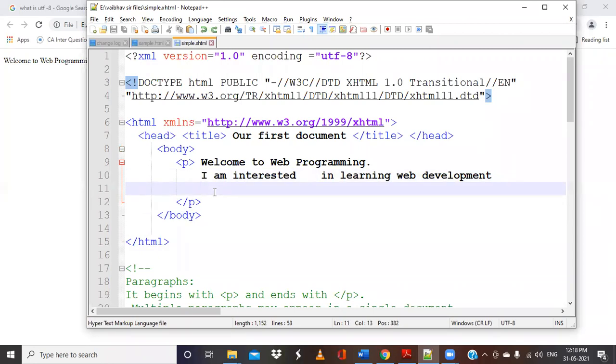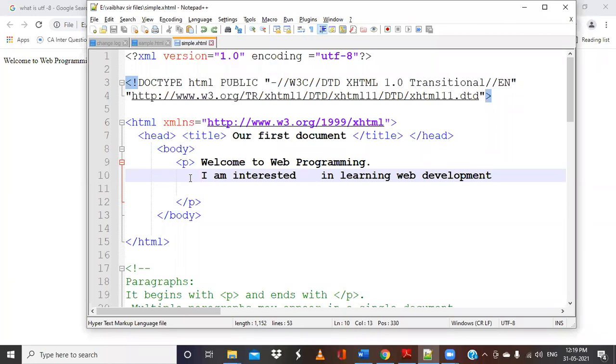So let us start with our first simple tag, that we call the paragraph tag. Whenever you want to write some content on the browser, or display some information on the browser in a paragraph way, we'll be using the tag called the paragraph tag. All these tags can be asked for 2 marks. So what is the paragraph tag? It will start with P, and you should remember that all the tags, including HTML and all other things, will always be written in lowercase letters.